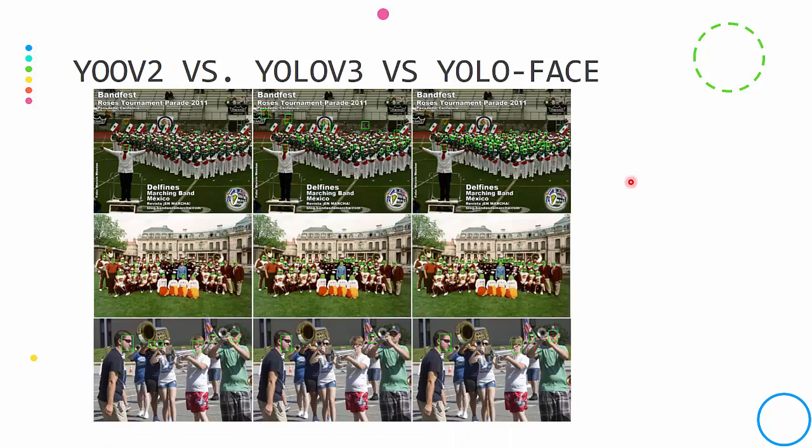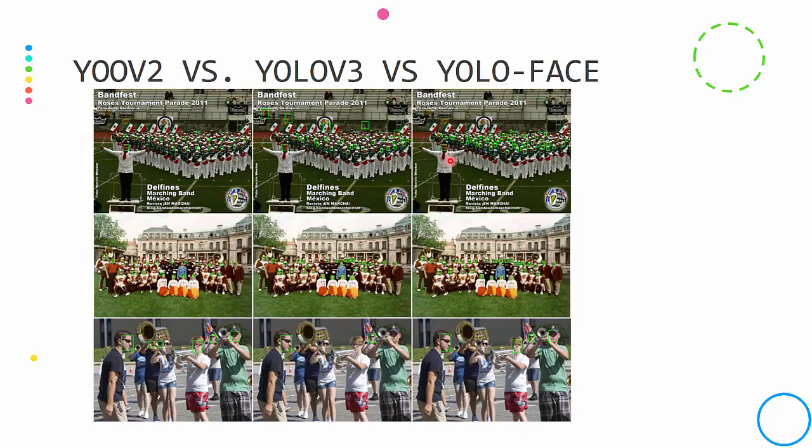Now we have a comparison between YOLO version 2, version 3 and YOLO face. You can see there are three images. In the first one, faces are very small. In the second one, faces are comparatively larger, and the third one is a normal photo. In the first case, you cannot easily recognize faces. You can see YOLO version 2 is not giving a very good result, and YOLO version 3 is comparatively good compared to YOLO version 2.